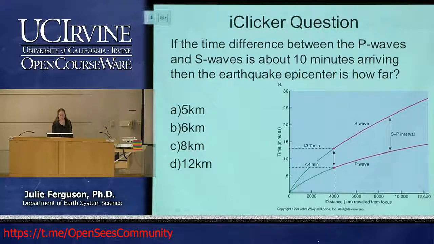If we look at 12 kilometers, our P waves maybe arrive at 15, our S waves maybe arrive at 28. We've got too much of a time difference. There's like 13 minutes there. If we look at 8 kilometers, our P waves arrive at maybe 10, 11. Our S waves arrive at maybe 20, 21. So there's a 10-minute difference. And then we can look at that, wherever that distance is, and we can look down and say it must be 8 kilometers away. Okay? And we'll have a chance